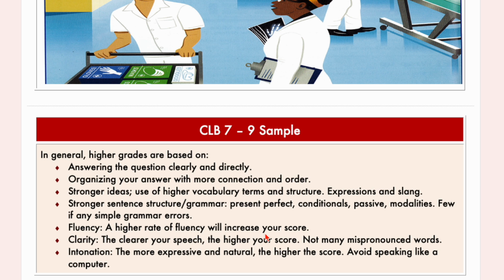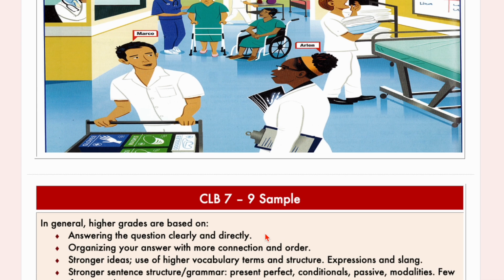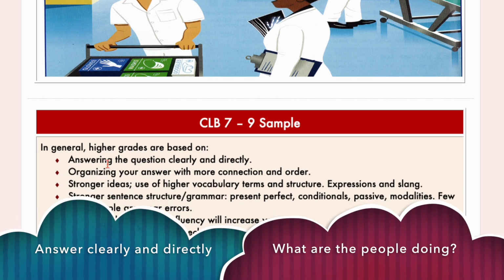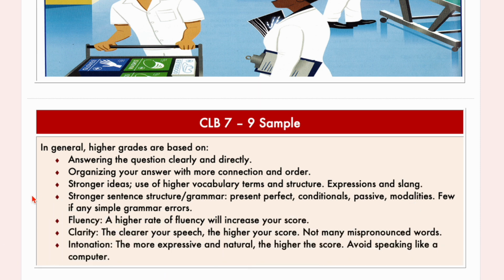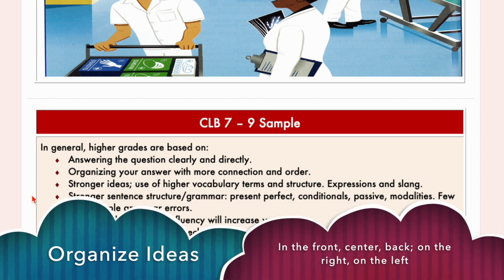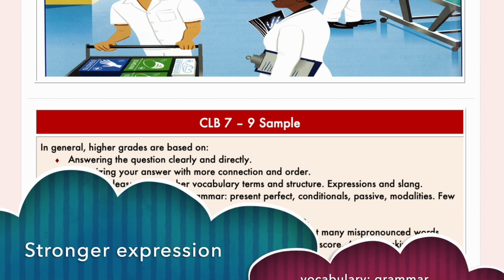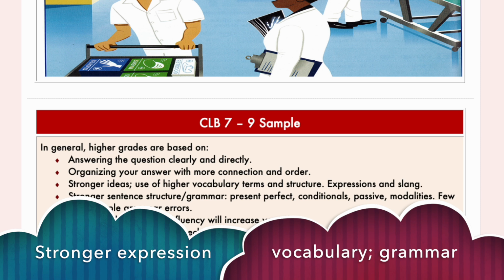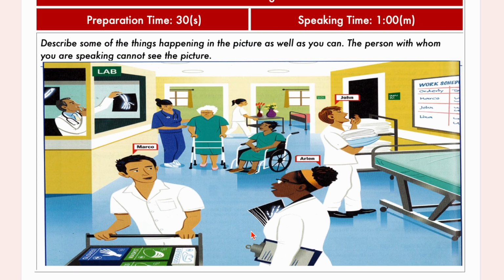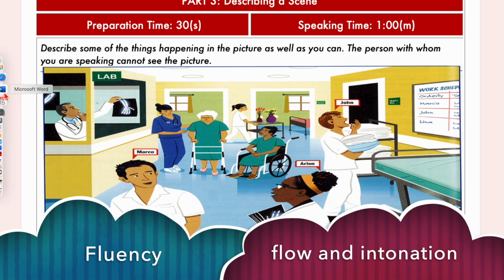I'm going to try to illustrate that in this picture by comparing what lower levels would say and what higher levels would say. Okay? So that's going to be one thing that we're going to be trying to do. We're for sure going to be answering the question clearly and directly and organizing very well. Okay, that won't be that hard. But again, trying to give stronger ideas using stronger grammar, that's going to be the key for getting higher levels. Okay, so then let's start